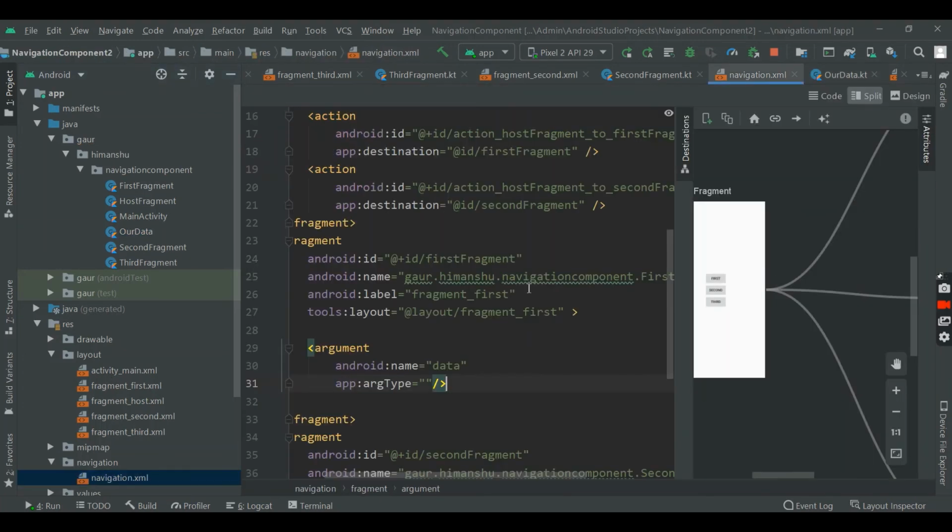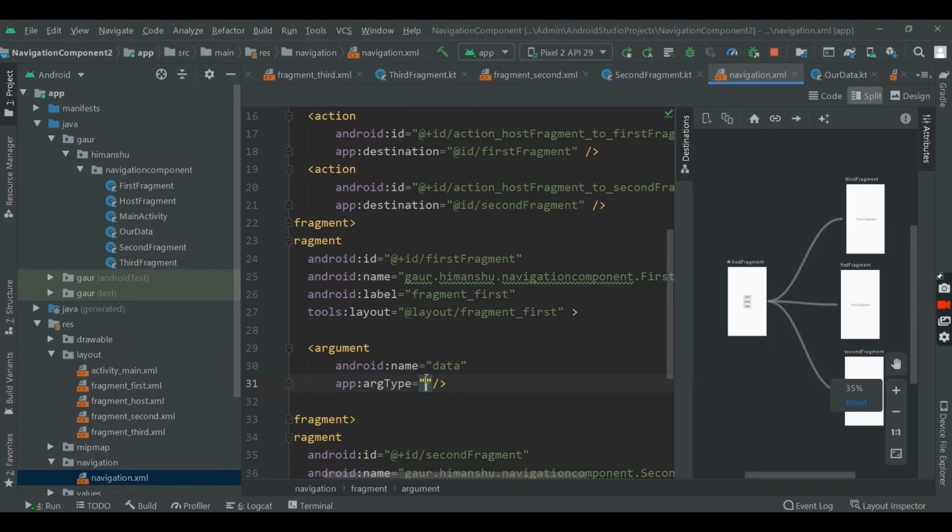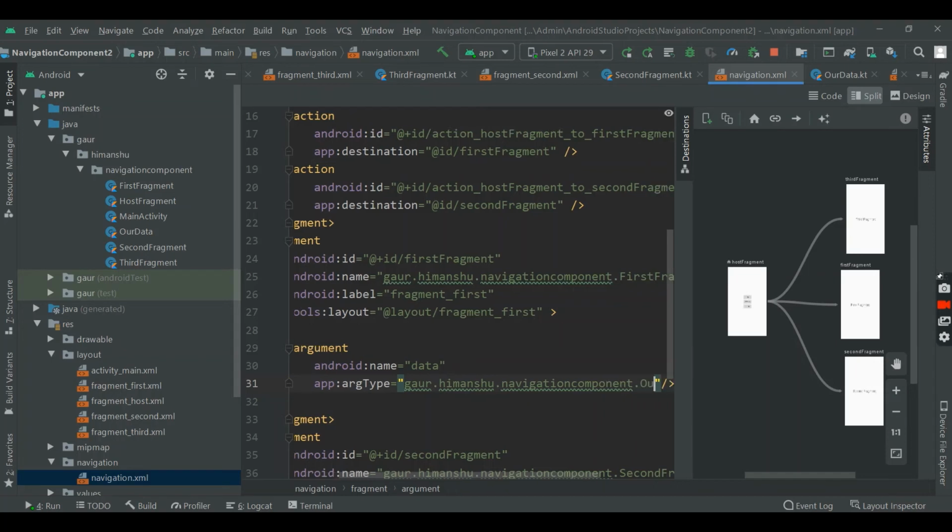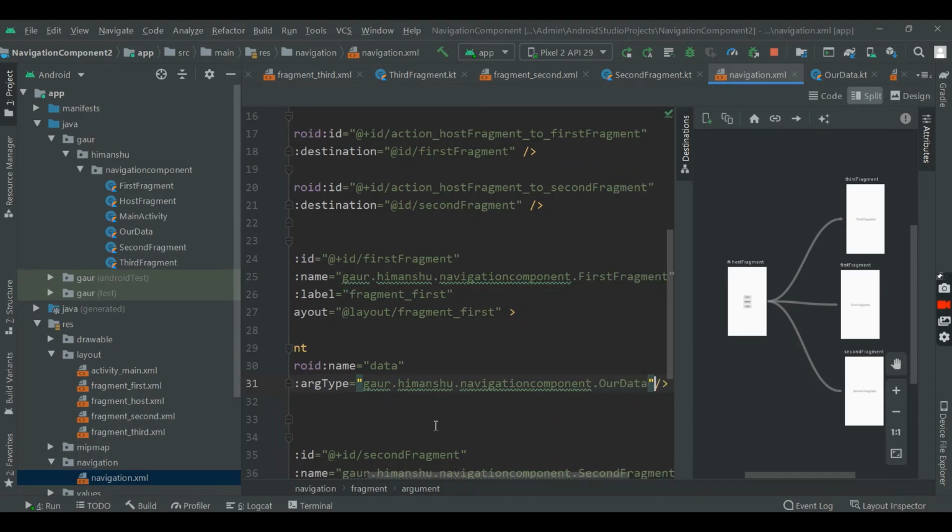Now go to your navigation graph and give the path of our class. In my case it is Gaur dot Himanshu dot navigation component, and our class name is our data.